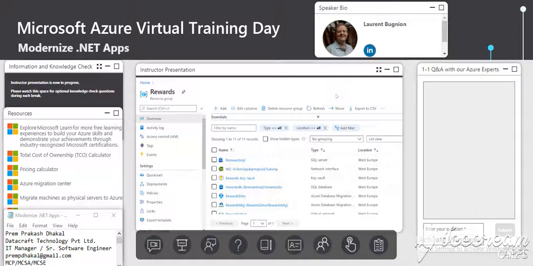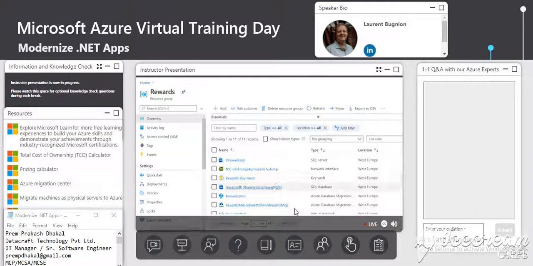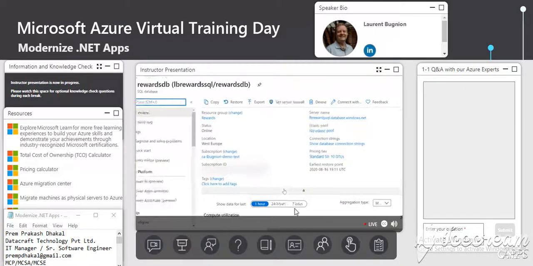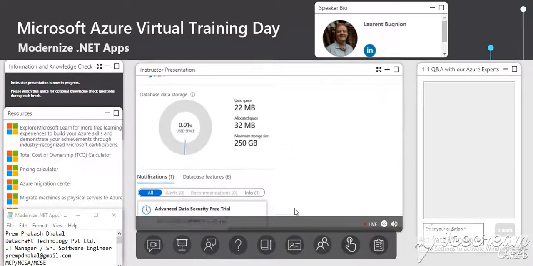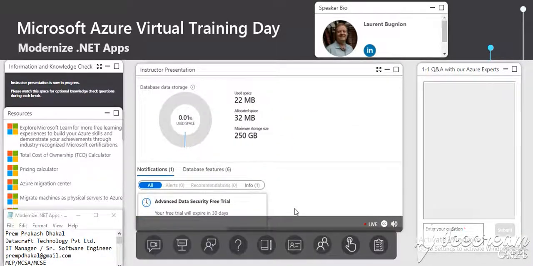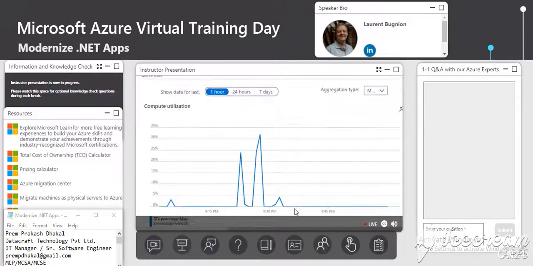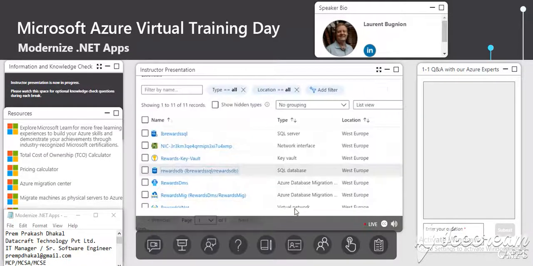Everything I do, we have different tools that you can use. The Azure portal is kind of a nice place to go and get started. And here you can see that for every component we have some information in forms of graphs and in forms of data. So here, for example, this is the utilization of the compute of my SQL database over the last hour. So we see what happened. That helps us to know if we have some activity there.